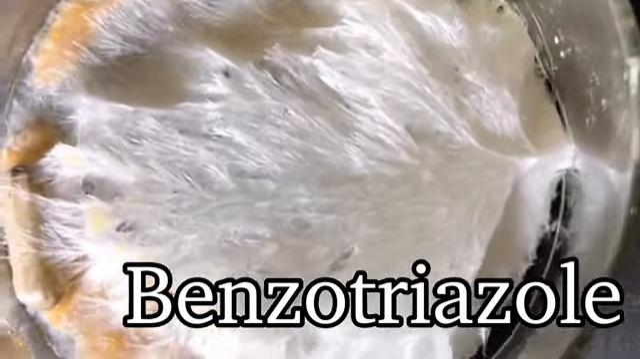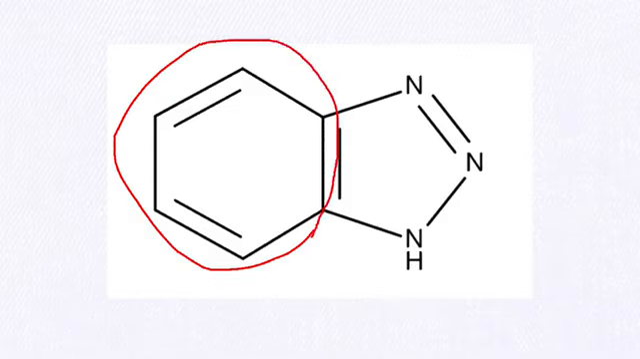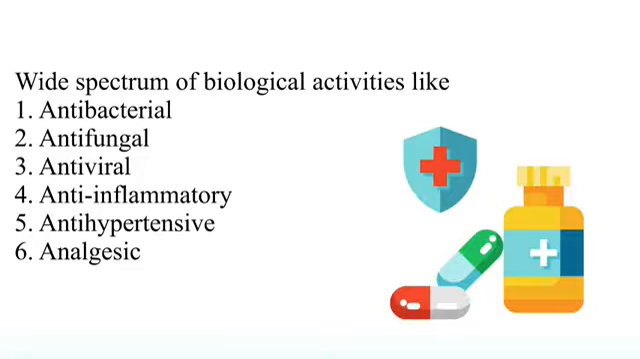In this video we will be synthesizing 1,2,3-benzotriazole from orthophenylene-diamine. Benzotriazole is a heterocyclic compound which features two fused rings, a benzene ring and a system consisting of 3 nitrogen atoms. Benzotriazole possesses a wide spectrum of biological activities, including antibacterial, antifungal, antiviral, anti-inflammatory, antihypertensive and analgesic